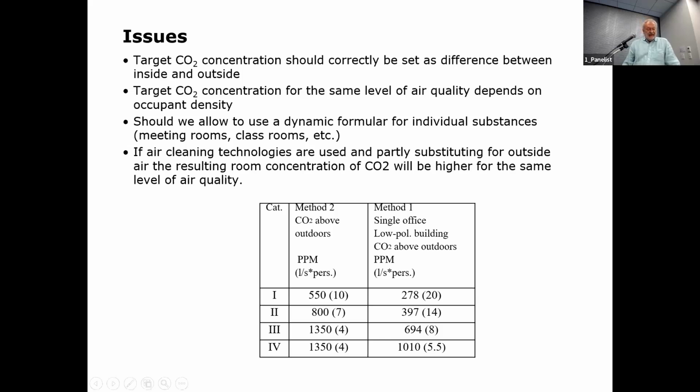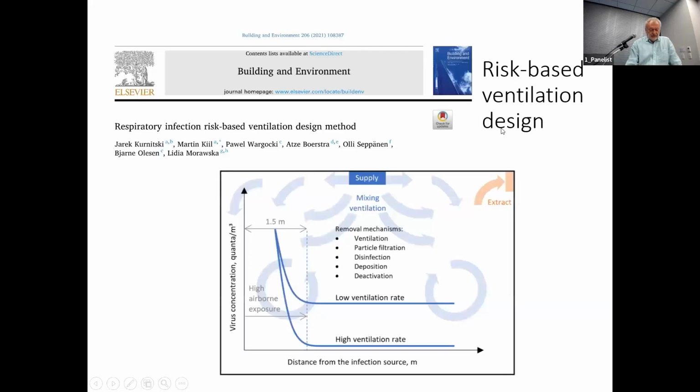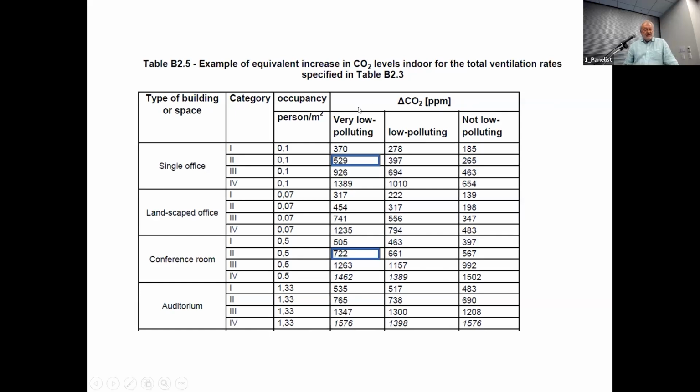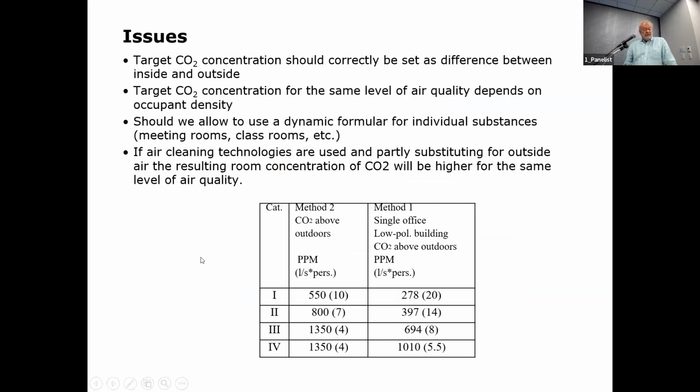So if you had a very low polluted building and wanted a CO2 level corresponding to category 2 in a single office, it would be 529 ppm above outdoor. In the standard, we always talk about CO2 above outdoor, which is the correct number or KPI you want to use, not the absolute value, because outdoor may change a couple of hundred ppm. But if you had a conference room, you would go up to 700 and